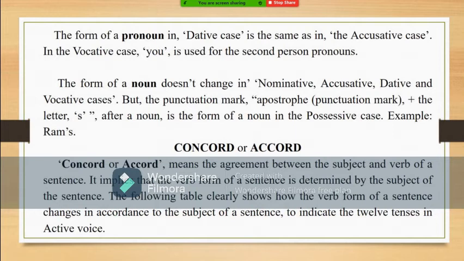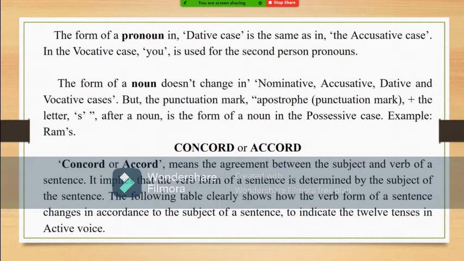But in the possessive case, whose book is this? There in the pronoun we would say it is my book. So its form changes from I to my. But in the nouns, we shall see. Whose book is this? It is Rama's book. Rama, the noun is there. After that, there is a punctuation mark. What is that punctuation mark? Apostrophe. Rama, apostrophe. Then, leaving a space, you have to write down s. Rama's. There is a letter s. After any noun, if you put apostrophe mark and the letter s, then it is said to be in possessive case. I hope you might have well understood the various cases.